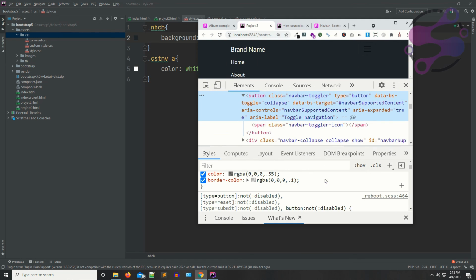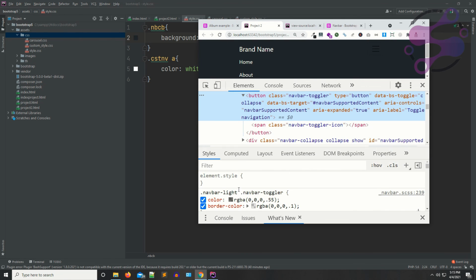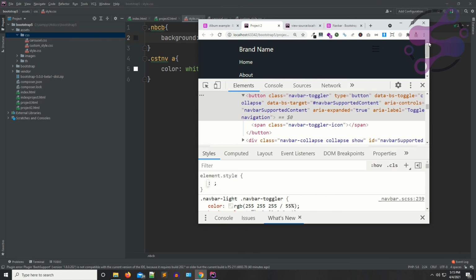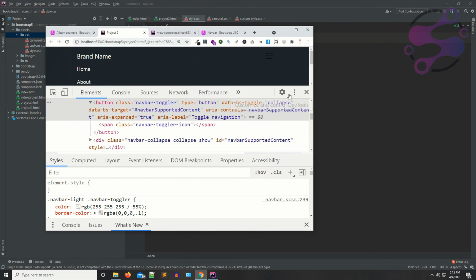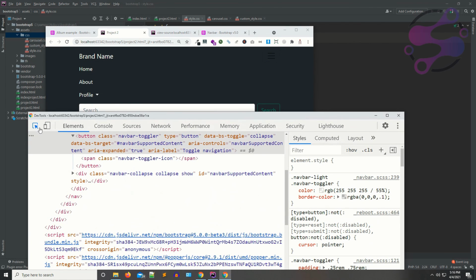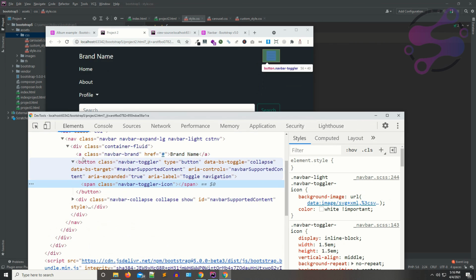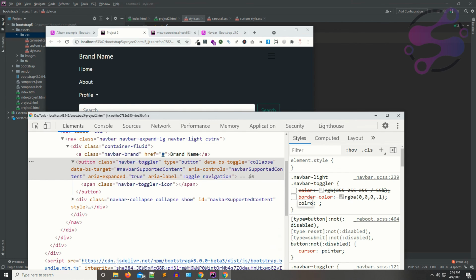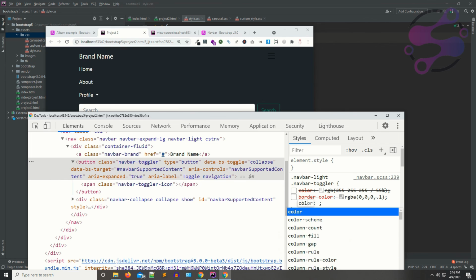Okay, where is the button? I'm saying if I use the color navbar toggle, so this is the color. If I'm saying I have to use the white color, so this is the white color. Wait a few seconds. See, just show me this one. If I say that this is the color, I'm saying color